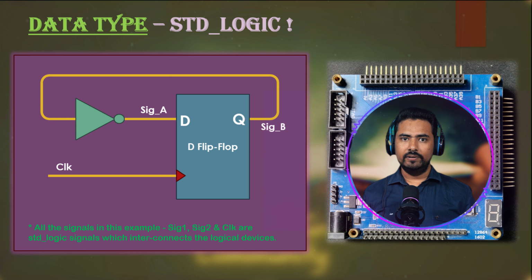Let's have a quick example where you can use the std_logic signal type. Take a look at this example featuring an inverter and a D-type flip-flop. They are connected seamlessly using two std_logic signals, SIG1 and SIG2. Imagine SIG1 as a wire carrying the data from the inverter's output to the flip-flop's input, and SIG2 acts as a bridge between the flip-flop output and the inverter's output. Just like wires in a traditional circuit, these signals facilitate communication between the components.